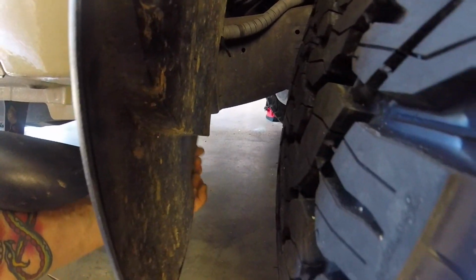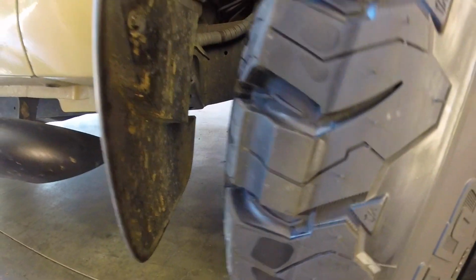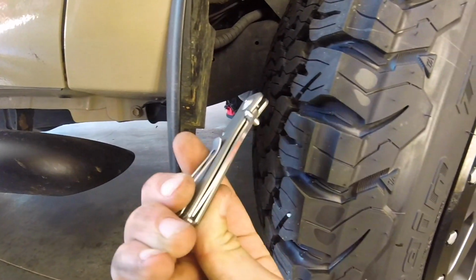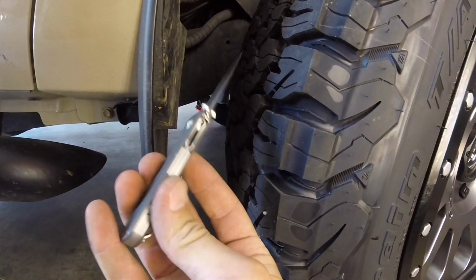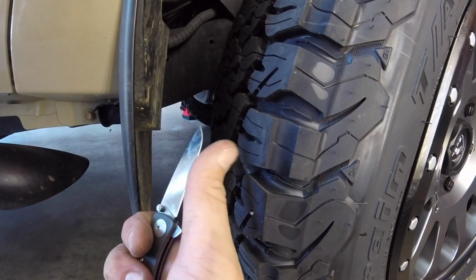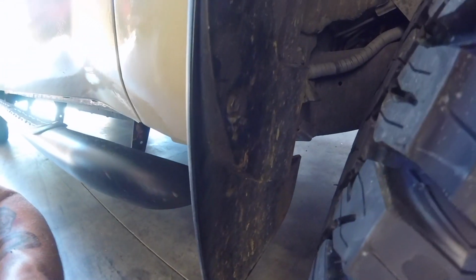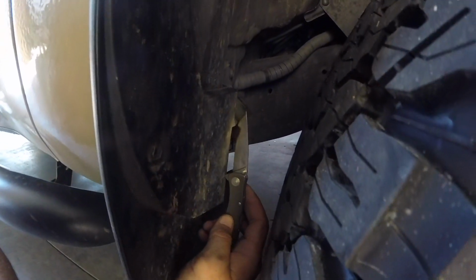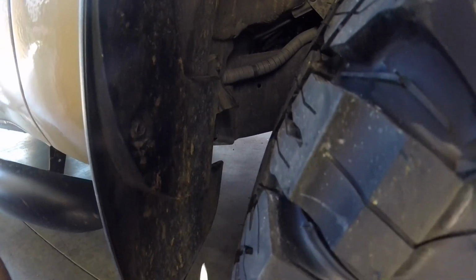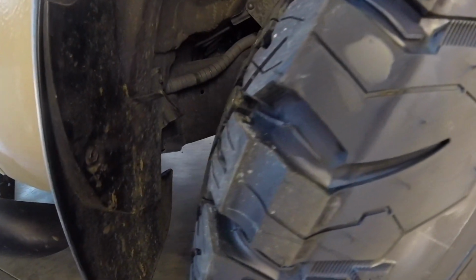So I found out on this side that the plastic is malleable and thin enough for a pocket knife. I just used my pocket knife, and this thing is actually kind of dull right now, and it sliced right through very easily, gave me a nice clean line. Let me make sure the camera angle's over there. Gave me a nice clean line all the way through. So I should have done that on the other side, but live and learn, make some mistakes, but I think